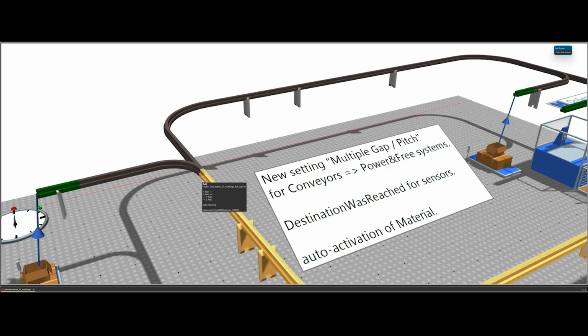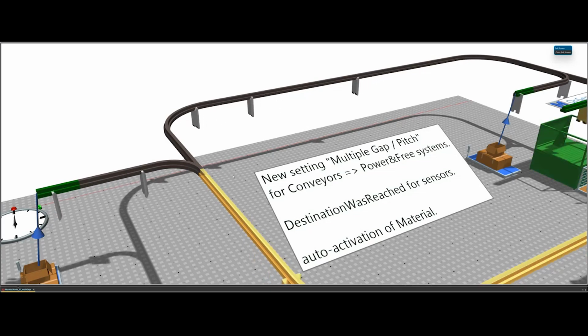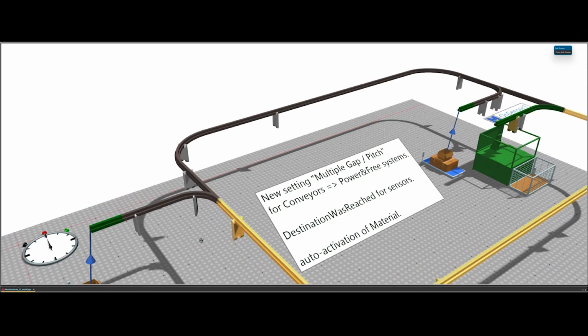And if I want to be transported, I have to wait for a hook. So I cannot travel on these conveyors now at any random position, only in intervals of 20 centimeters.